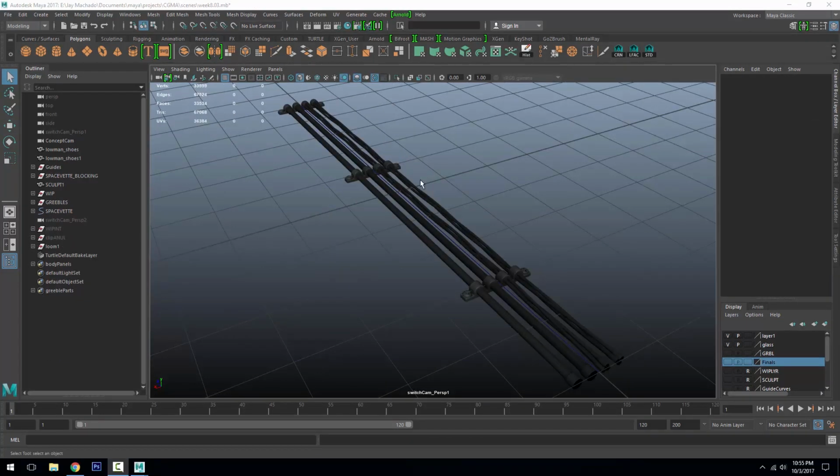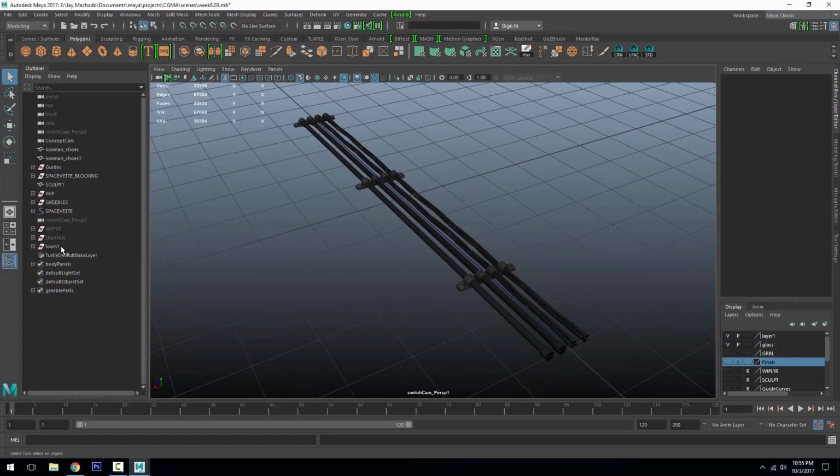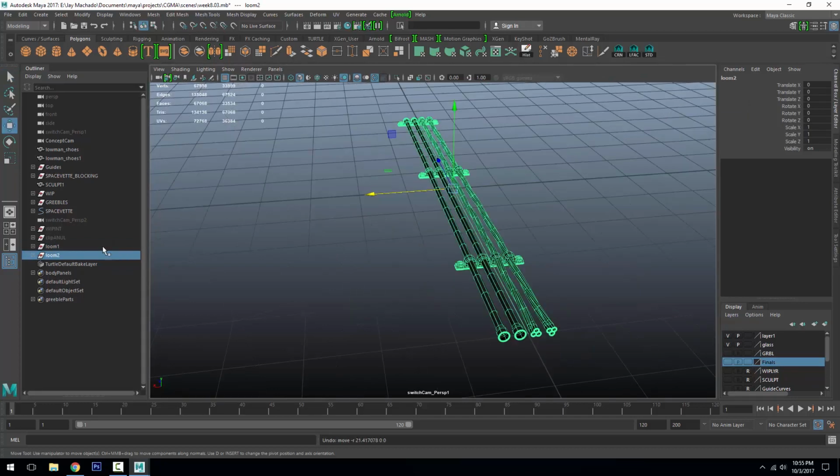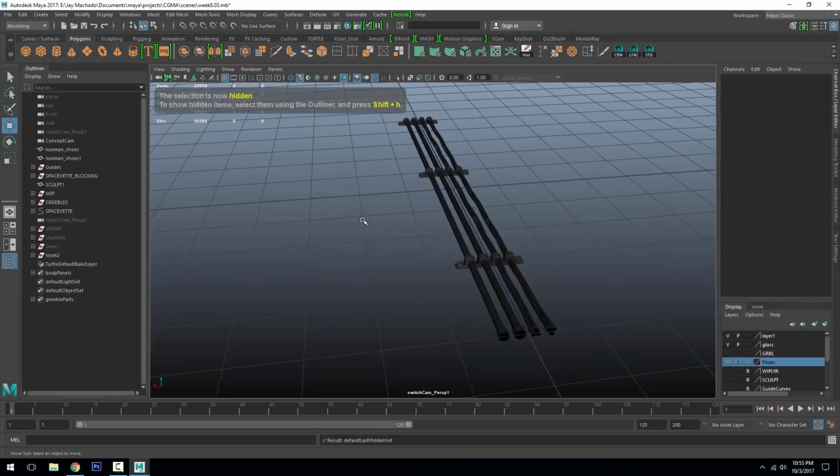So Maya won't let me duplicate special this loom without crashing, so I guess what we're going to have to do is, if we want to use this loom more than once, we'll have to create the wire deformer each time. So just to have this loom at the origin and flattened out, I'm going to actually work first on the duplicate,